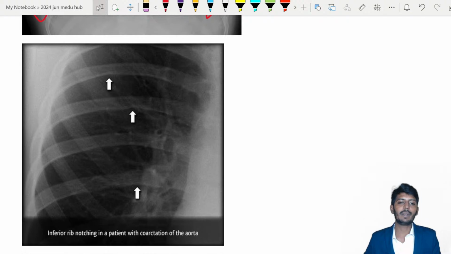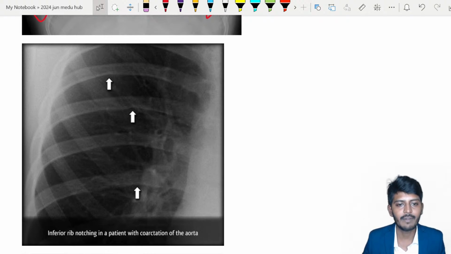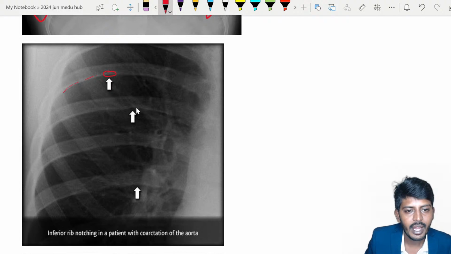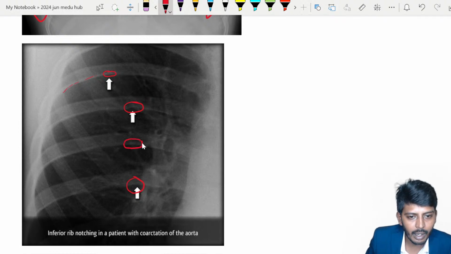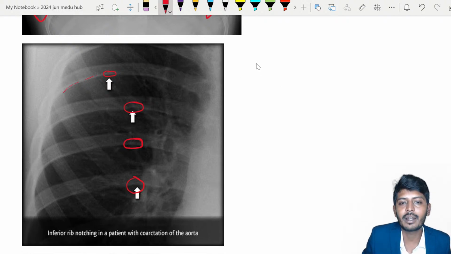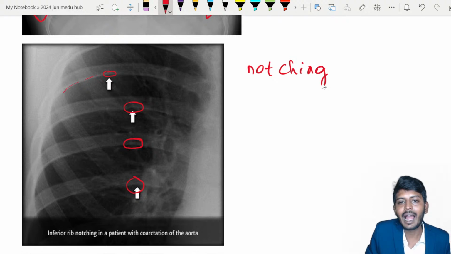So now I told you people, inferior rib notching. Inferior rib notching is what? If you notice the bottom part of the ribs, they are not even, rather there is one ulceration like this, right? If you notice here also there is small damage. Here also there is small damage. So the inferior part of the rib, notching is present, and it is in the